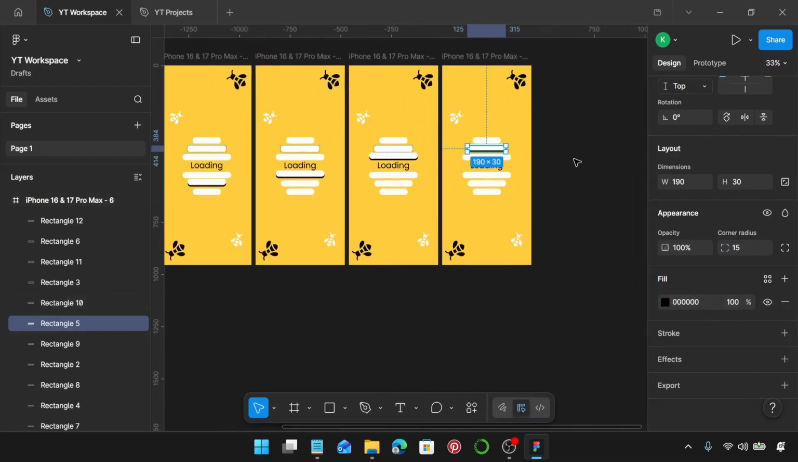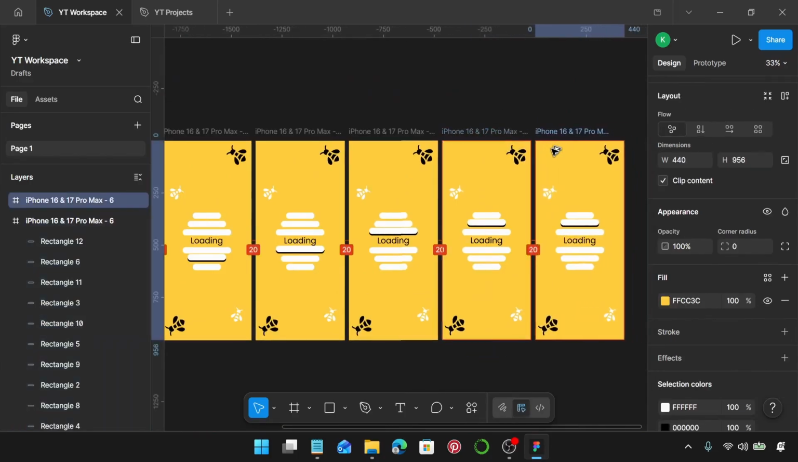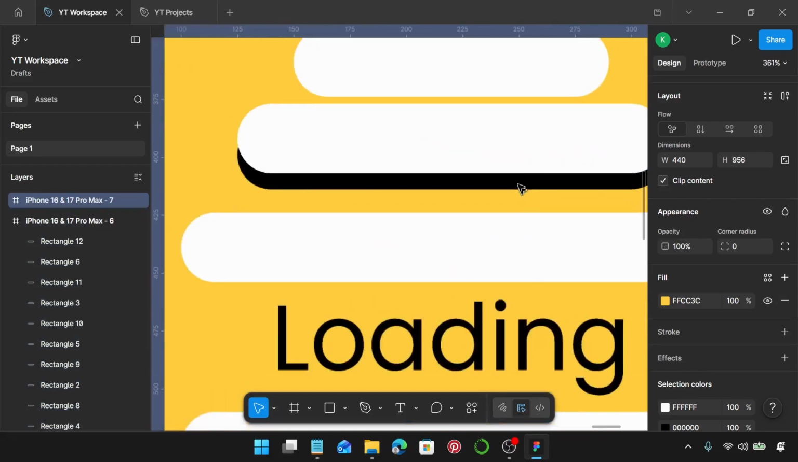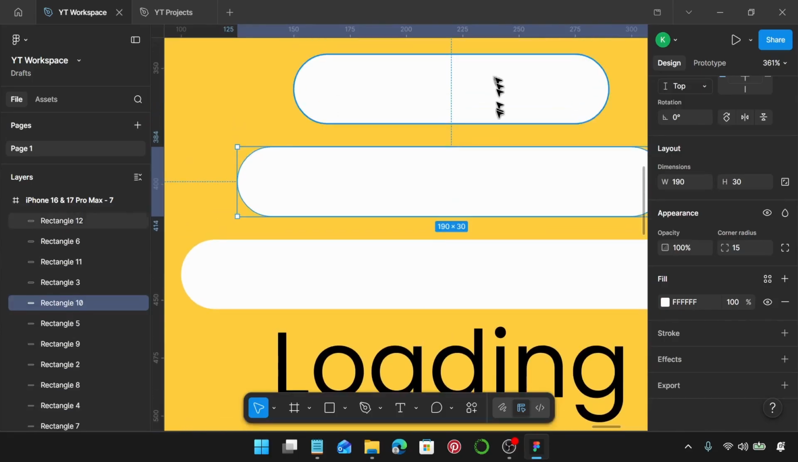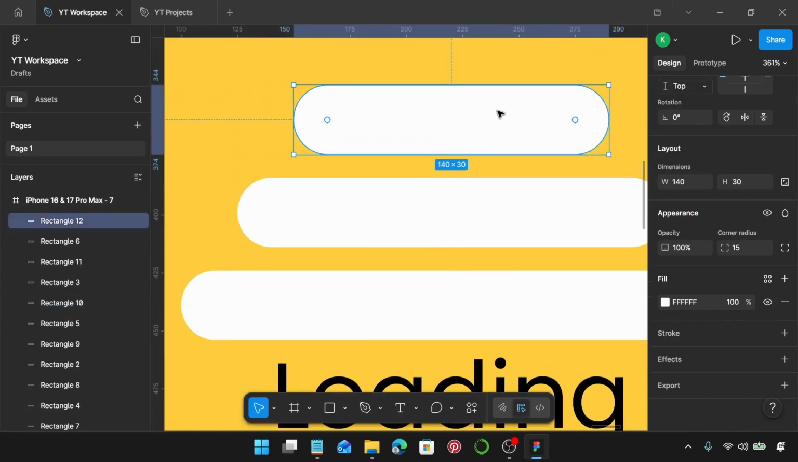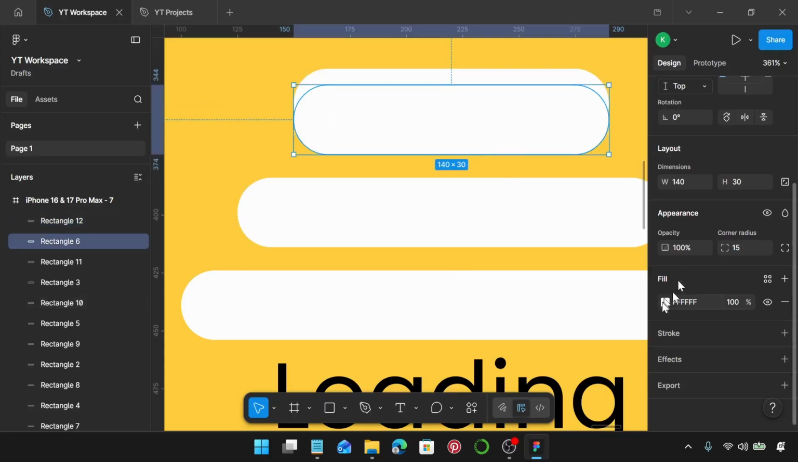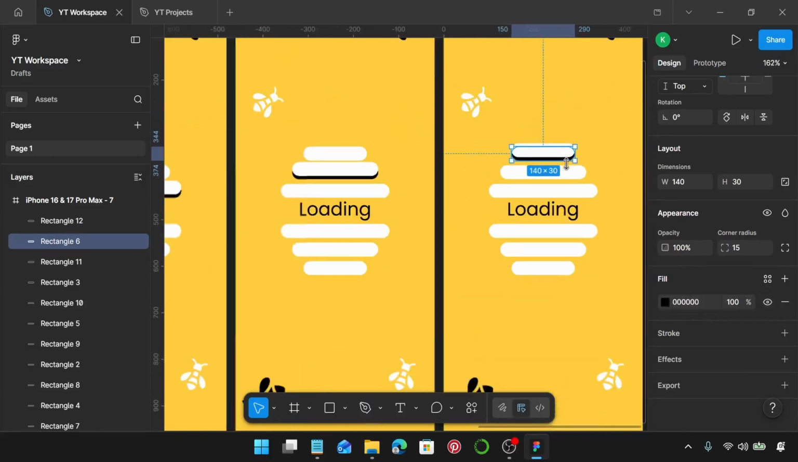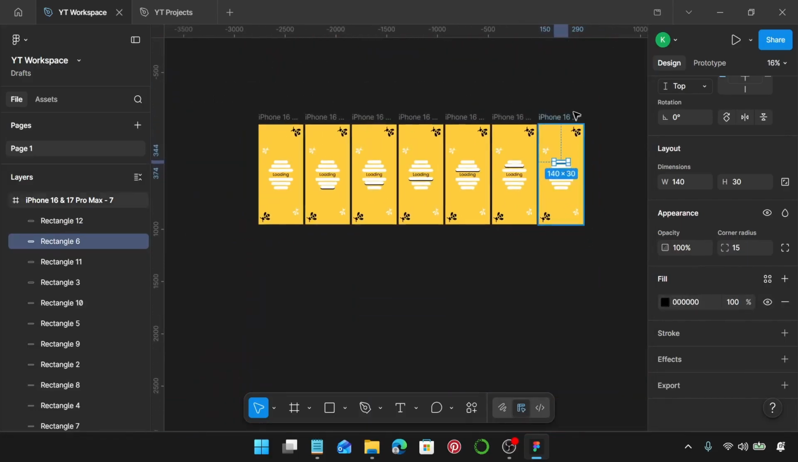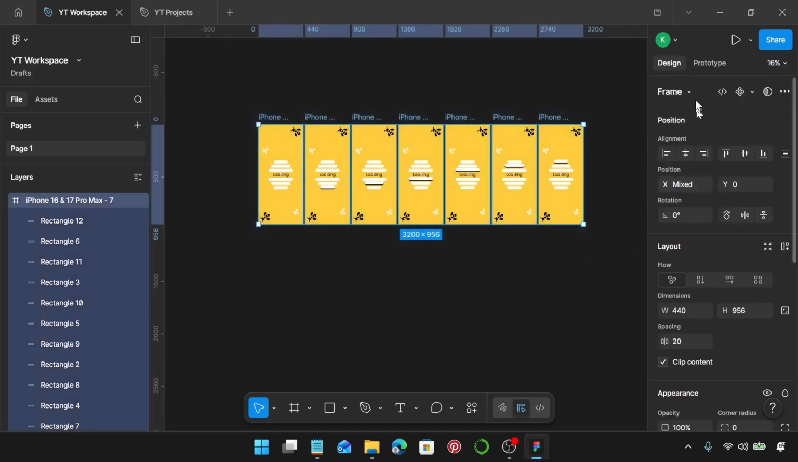Let's create one more copy, and there we go. Return this one back to its position, and I'm going to move this one 7 times, and then select the one underneath, change the fill to black, close it, and yeah, this is what we are going to have. Now select all of the frames, go over to this frame option, and then we're going to